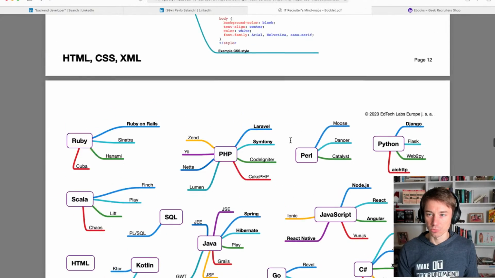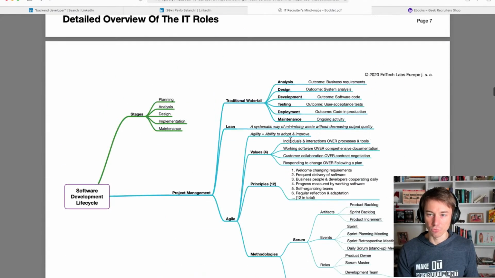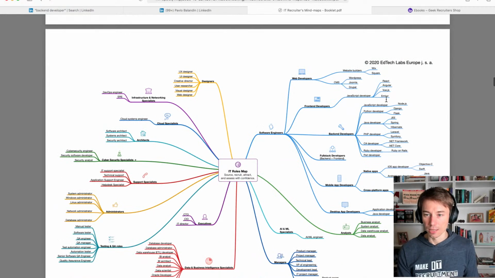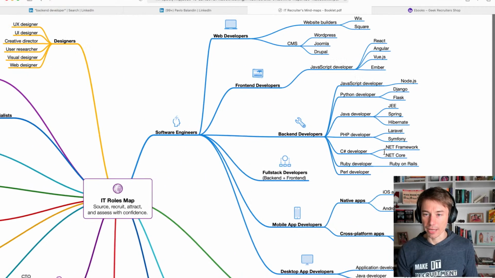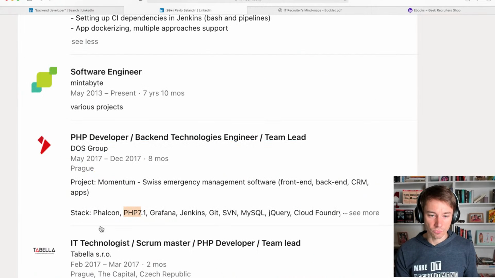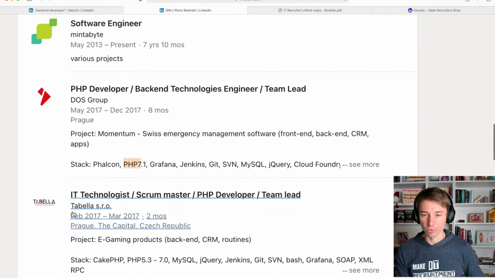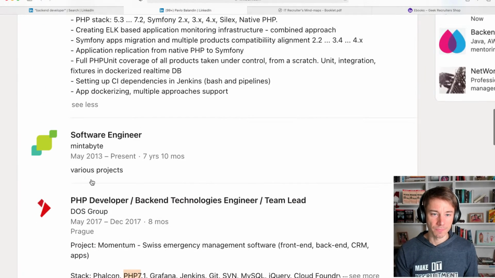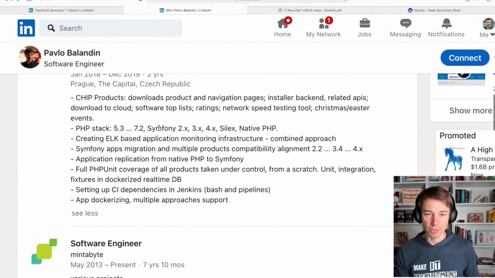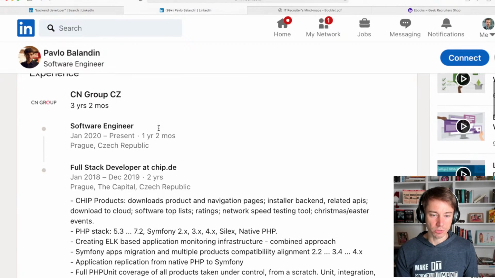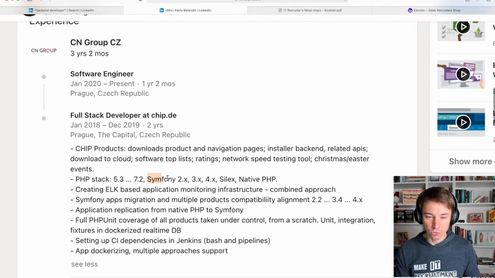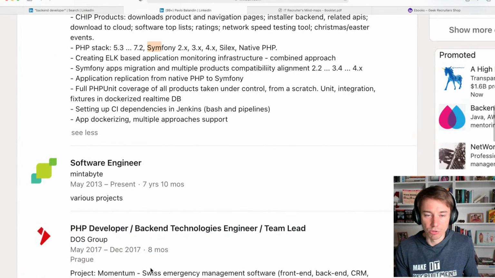If I go back to the list of IT roles, you would see that there are PHP backend developers, right? PHP developers using either Laravel or Symfony. So here we have a candidate for a PHP Symfony backend developer. But he may also have experience with other frameworks. He may focus on Symfony, but still he might have experience with some other